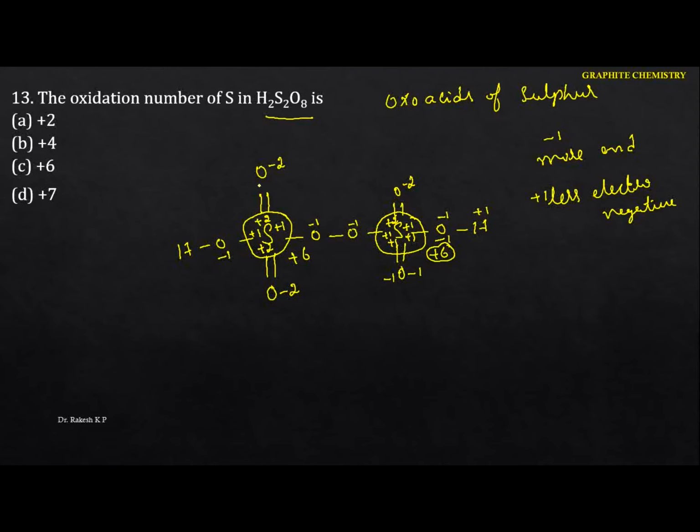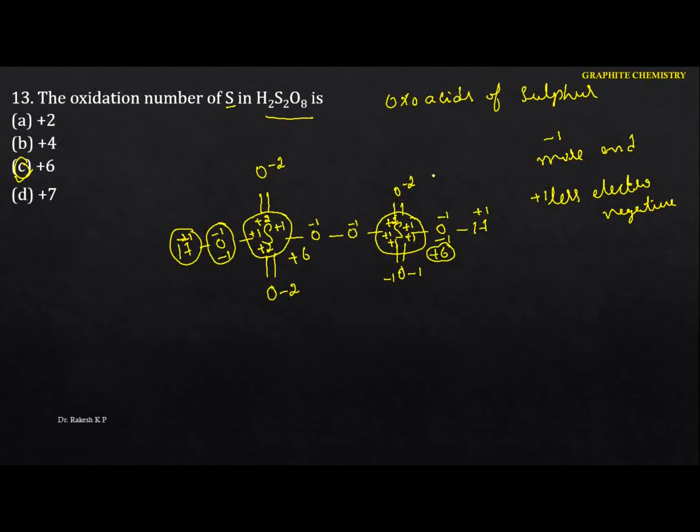Just go to this one here. Generally we know that oxygen shows -2 and hydrogen shows +1. But here we have to calculate the sulfur. Just identify here: what we got is +6. Here also we got +6. Hence the option is which one? That is C. So this is one of the chemical methods. Only by representing the structures we can easily identify the oxidation state of a particular element.